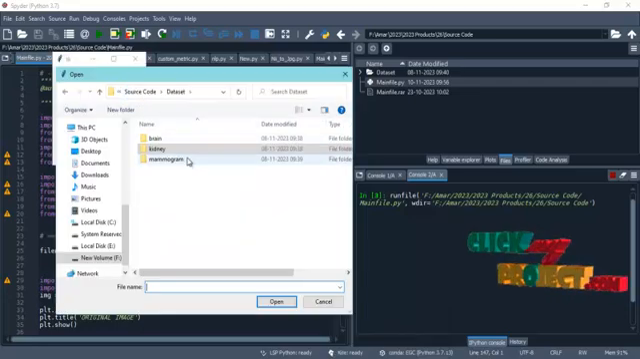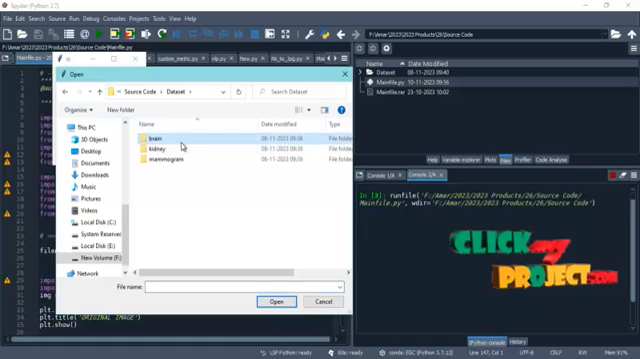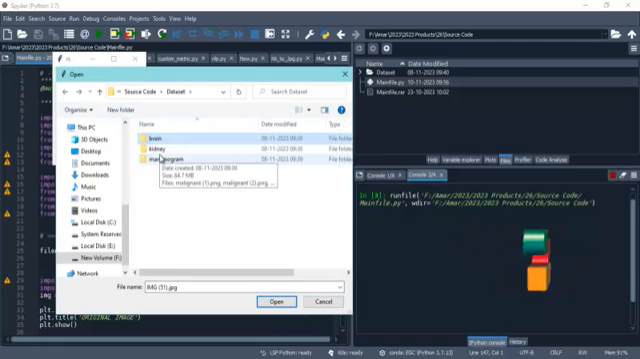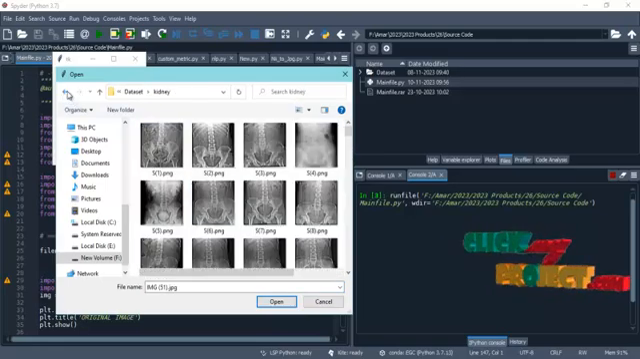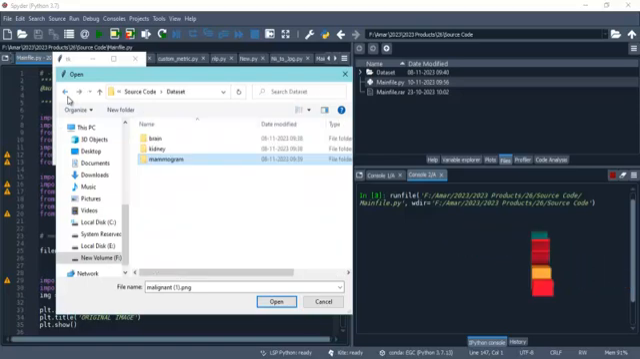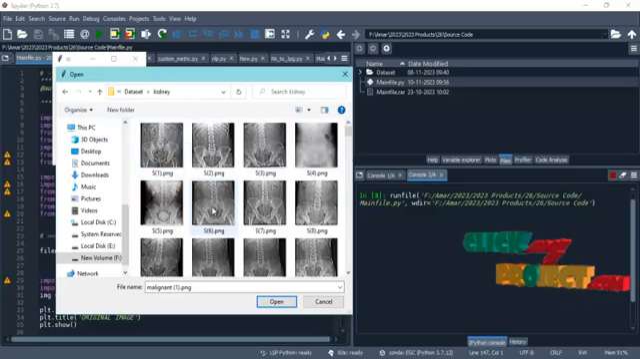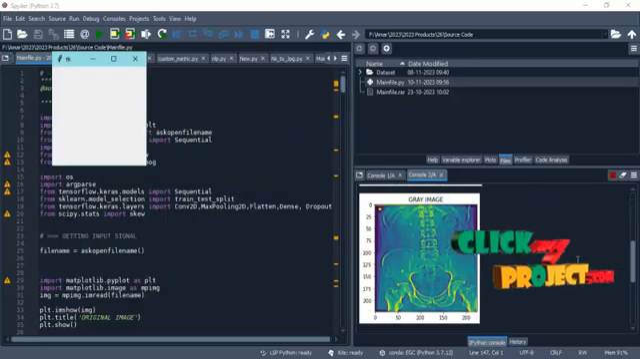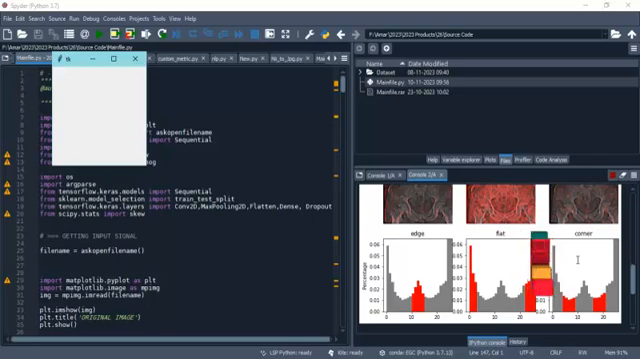In that dataset we have three kinds of data. One belongs to brain tumors, another belongs to kidney stones, and this other one belongs to mammogram ultrasound images. So we have to select any one image from the dataset. After the selection of the image from the dataset, the process will be done automatically one by one